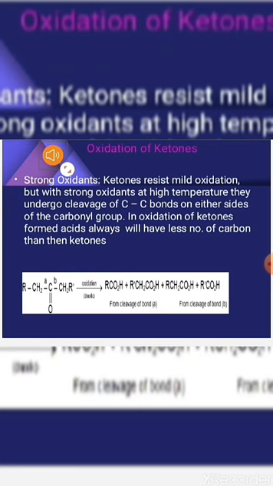As aldehydes can oxidize with strong oxidizing agents and with weak oxidizing agents as well, but ketones always need a strong oxidizing agent like nitric acid, potassium permanganate, potassium dichromate. Whenever a ketone is oxidized, the carbonyl group can go with either of the alkyl groups. Always carboxylic acids are formed which will have fewer carbons than the parent ketone. An example is given.